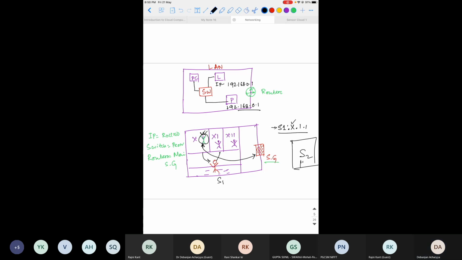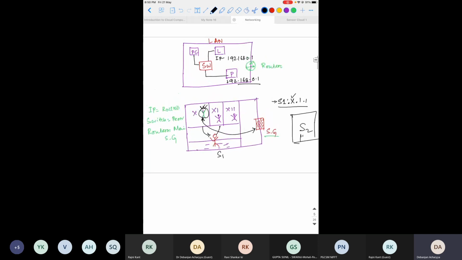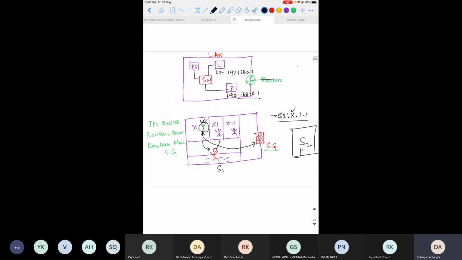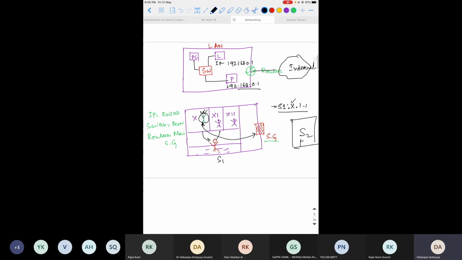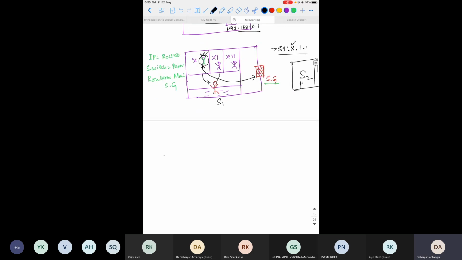Now there is another thing that is called the subnet. Subnet defines the local area network range. So how will that happen? After the router you may think that there is the internet. So you may wonder what is a subnet. You may have seen this kind of thing